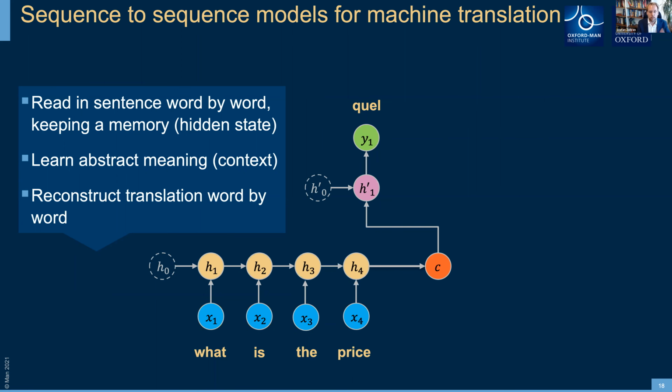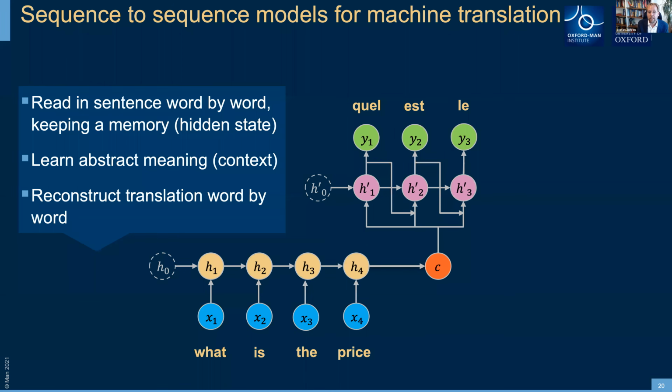So you get the first French word, but now there's really where the sequence-to-sequence nature comes in. I take the first prediction, I put in the context, which is the abstract meaning I learned of the sentence, but I also feed in the previous word and the memory of everything learned up to this stage. So when I do the prediction for the second word, I have this memory of what I have seen before, and so on and so forth, until I have produced the whole sentence. And this is really how machine translation works.